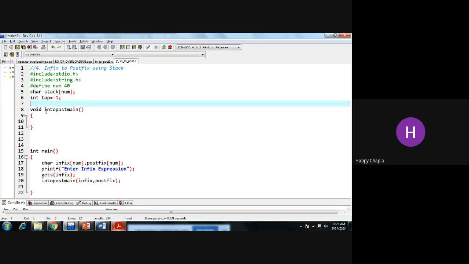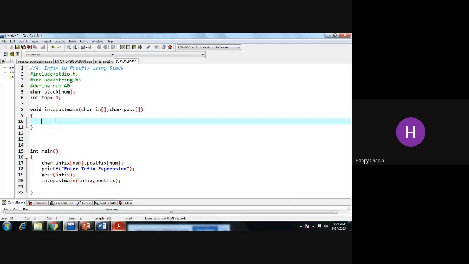First, we need to scan our variable one by one. Whatever value I'm passing at the time of calling, I must refer to over here. So this is a character type array, infix, character array. I'm dealing with that array over here.